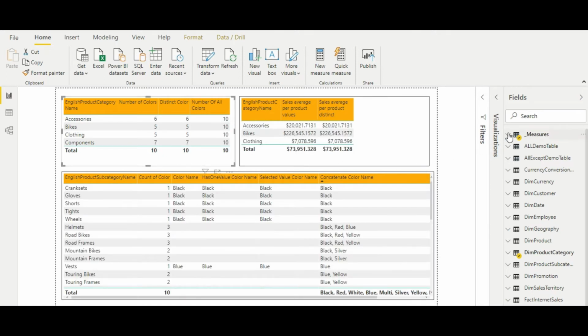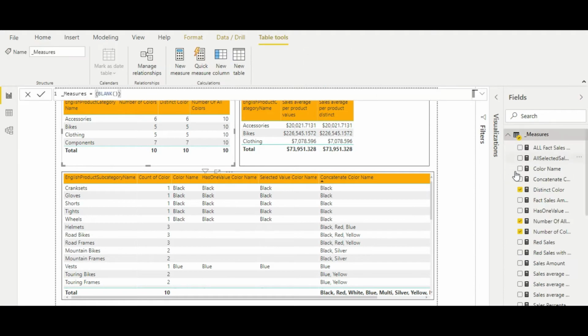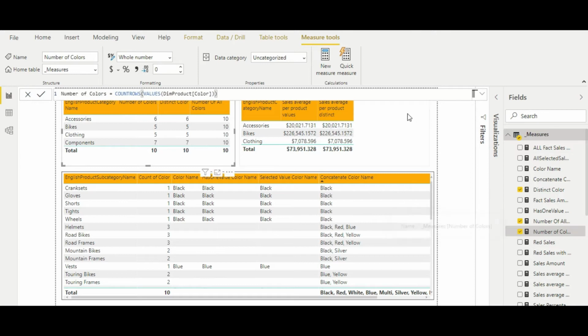Let me start with the first measure, number of colors. Here you can see that I am just counting the rows. Using the VALUES function, I am passing the dim product color. So I am passing the dim product color to the VALUES function, and then I am counting the number of rows. So basically it will count the number of rows for each category, right?